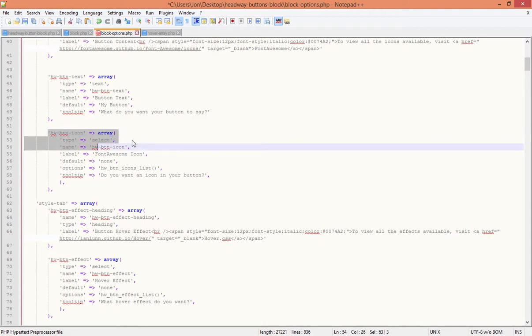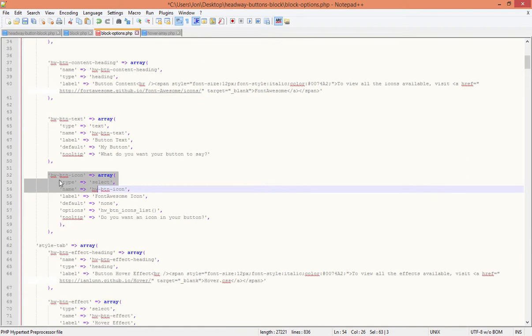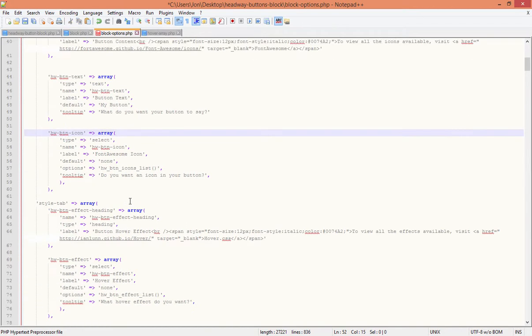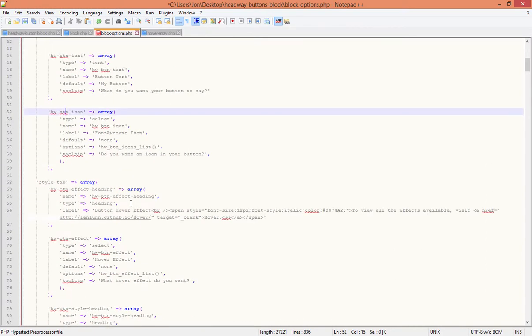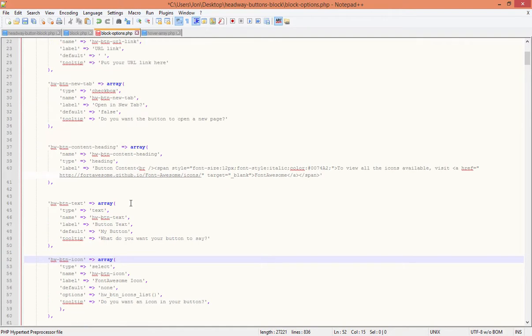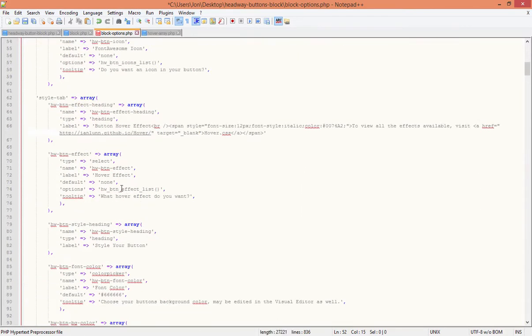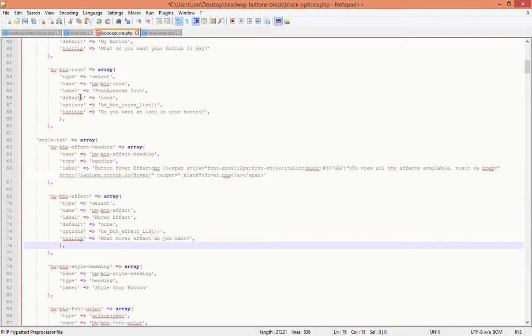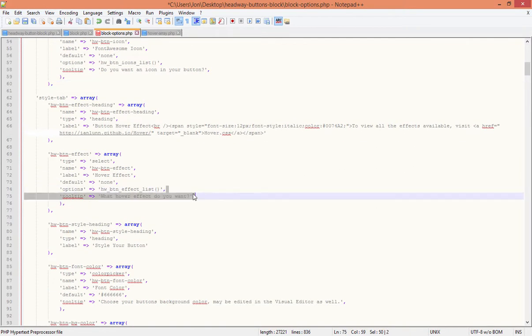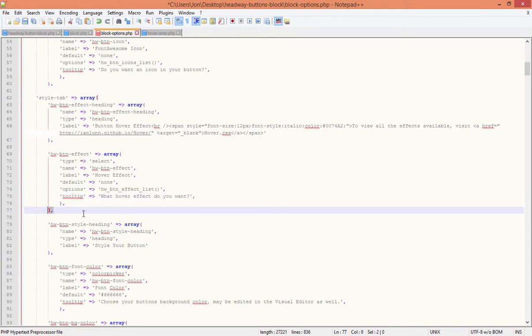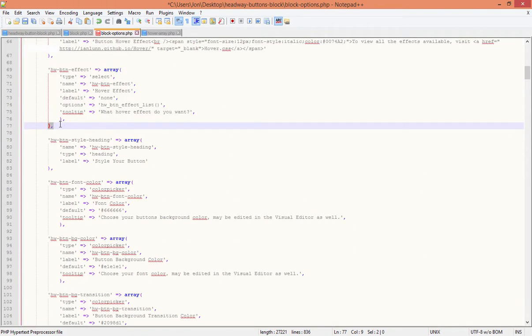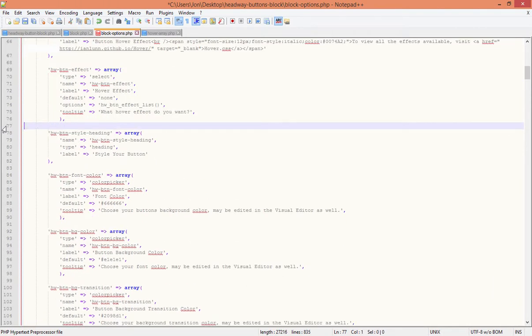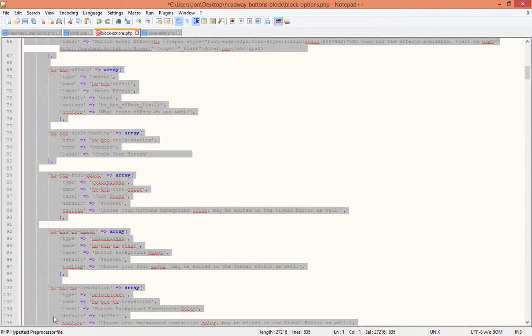When I copied that font awesome effect, was it? Where are we? No. Here we go. Where is it? Here it is. So when I copied that font awesome icon list here, I copied that extra bracket in here, so you can see here I've got that extra bracket. So that's closing off that style tab, and then all this other stuff is still in here, so that's what's causing me the error. So if I delete that line, Control Alt Control C,